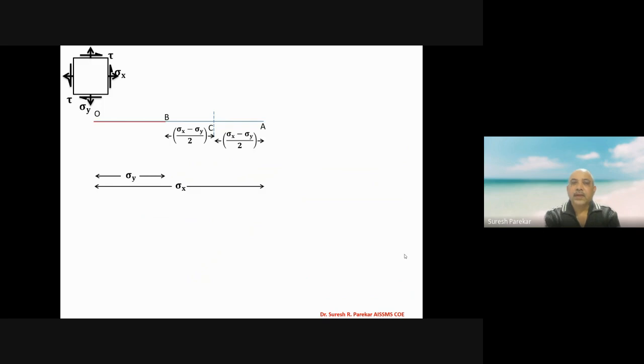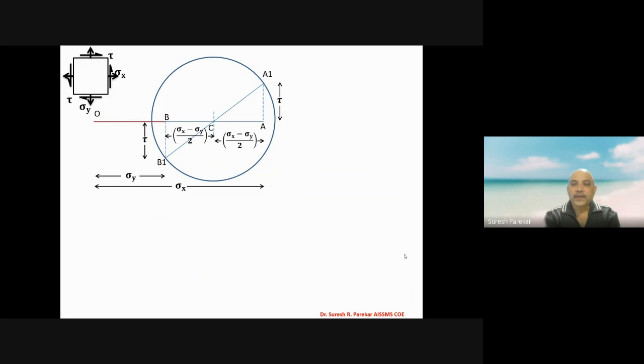Now in this we have sigma x, sigma y and tau. So we have this as sigma x, same step, sigma y, same. Now we have to plot A1. So this is sigma x minus sigma y by 2, both AC and BC. Now we have to plot tau over here, AA1 equal to tau equal to BB1. Then we will connect this A1, B1, and then we have CA1 or CB1 as radius. We are going to plot the circle.